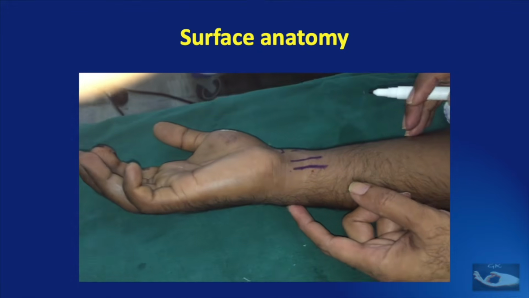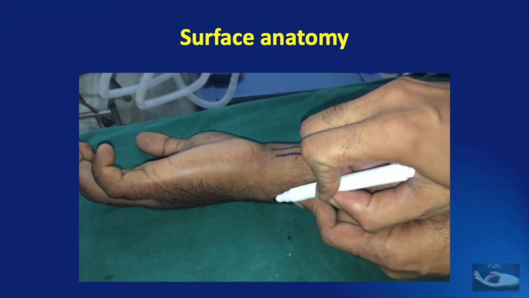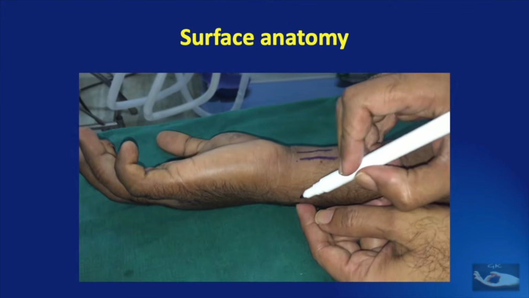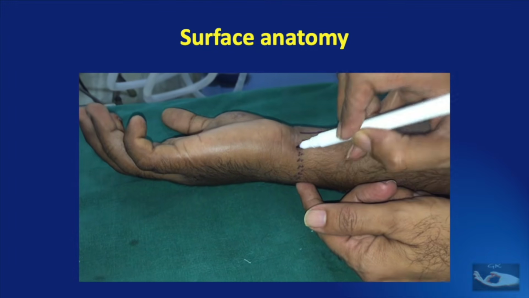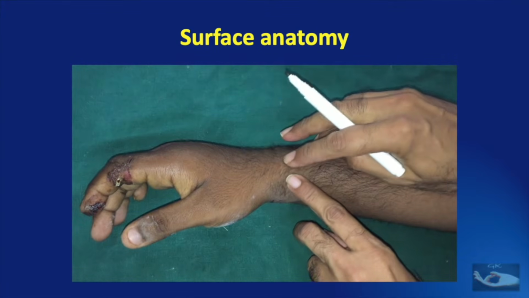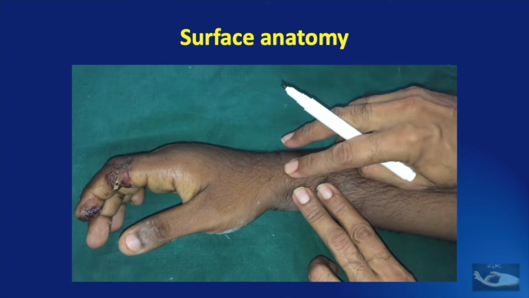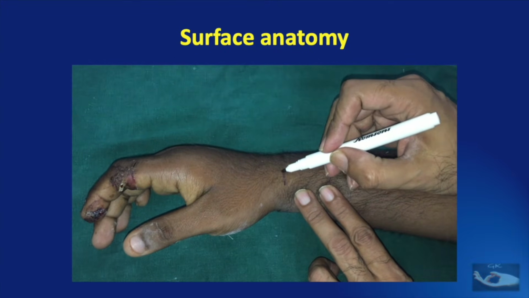The dorsal cutaneous branch of the ulnar nerve supplies the dorsal aspect of the hand by passing subcutaneously under the skin between the ulnar styloid and the medial aspect of the flexor carpi ulnaris tendon at the level of the wrist. The superficial branch of the radial nerve lies subcutaneously over the radial border of the lower end of the forearm at the level of the wrist.